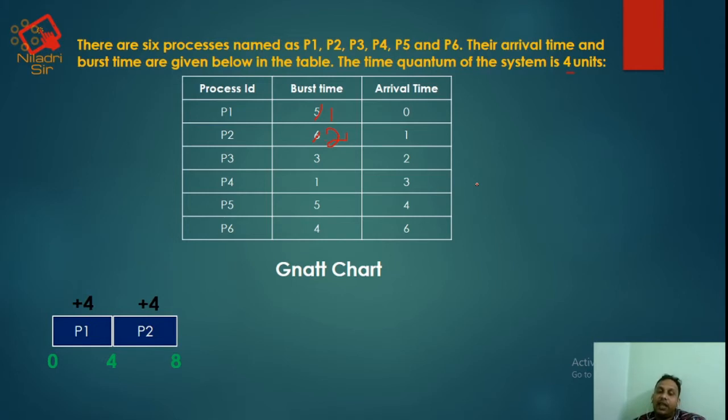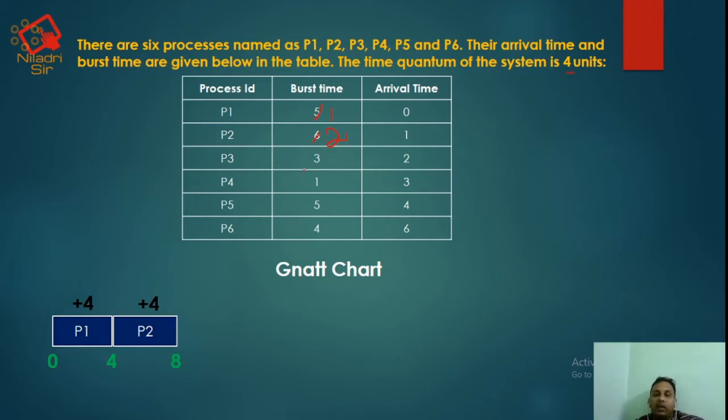In the flowchart we have seen that there is a condition: if the burst time is less than the quantum time, and if the burst time is greater than the quantum time. In these two cases, for P1 and P2, the burst time is greater than the quantum time. In that logic, if the burst time is greater than the quantum time, then the process will execute for that amount of quantum time or time slice. And if the burst time is less than the quantum time, then it will execute for the burst time.